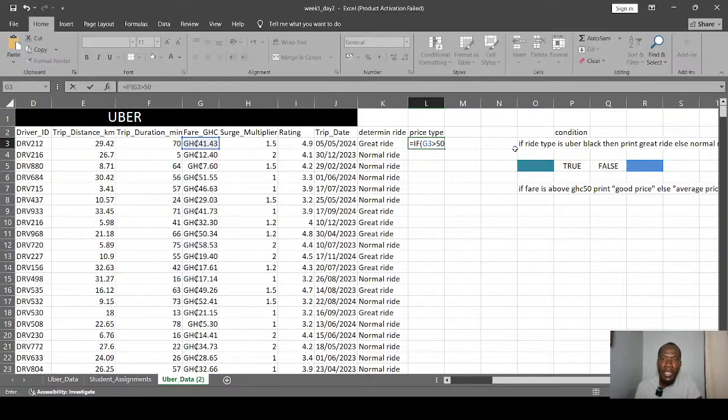So this is our logical test: G3 greater than 50. We bring a comma and then realize that value if true has been highlighted in our dialog box. That means you are supposed to provide the truth part of the logical test. So, if G3 is greater than 50, what should Excel do? What you want it to do is that it should just print good price. So we just put the good price in